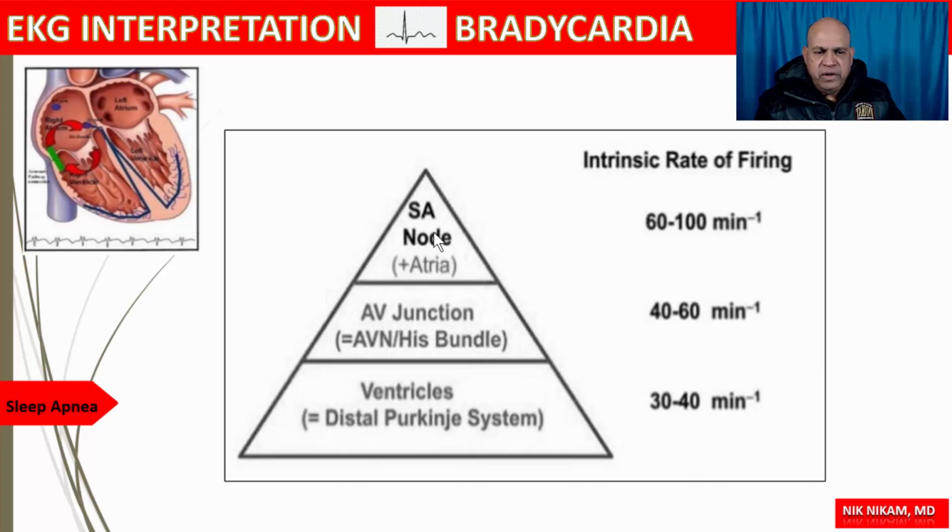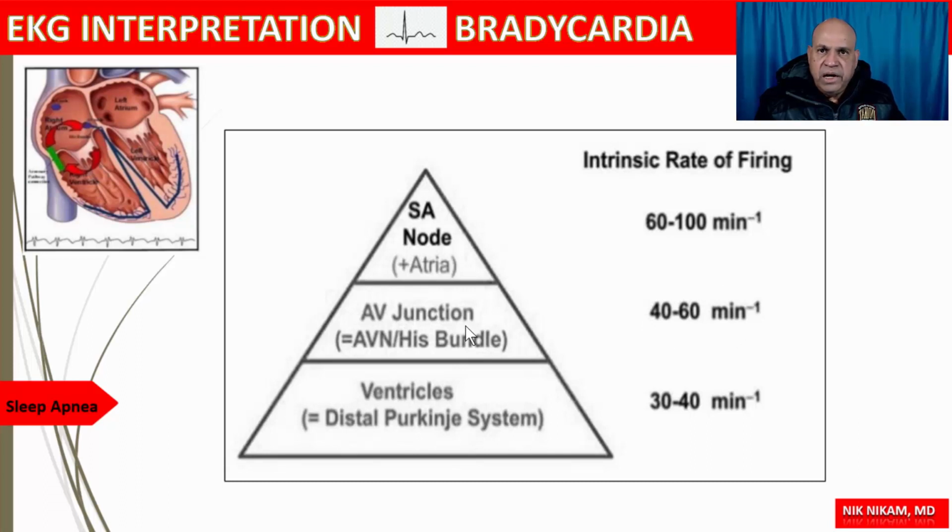The sinus node has an intrinsic heart rate of 60 to 100 per minute. Similarly, the atrial rate can vary from 60 to 100 beats per minute, but the moment we get disease involving the AV node, if we come across a junctional or a His bundle rhythm, the rate could be anywhere from 40 to 60 beats per minute,